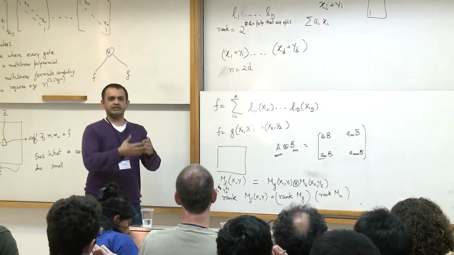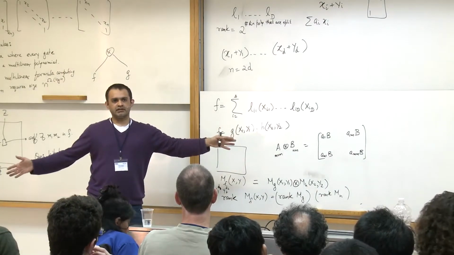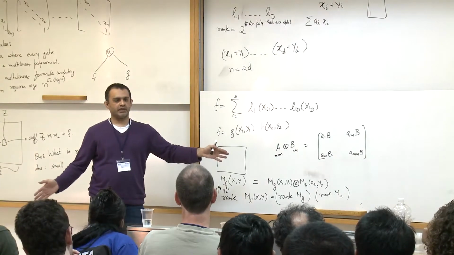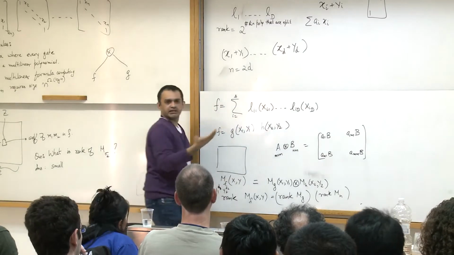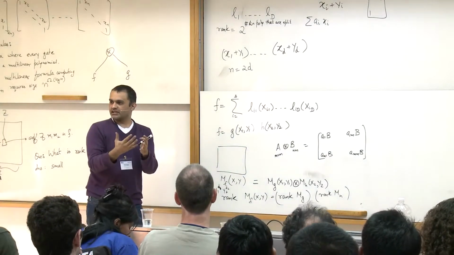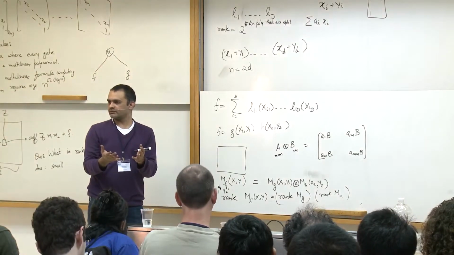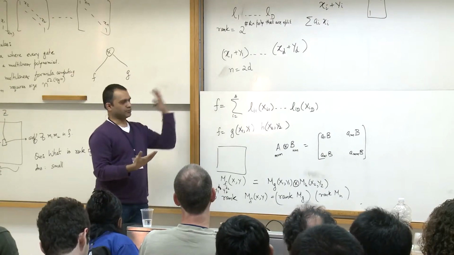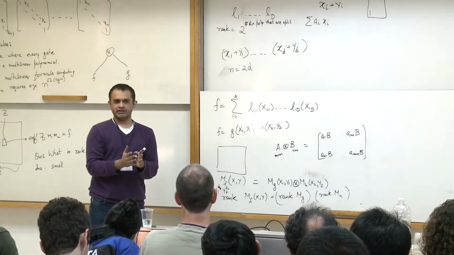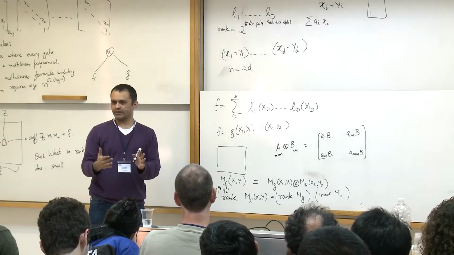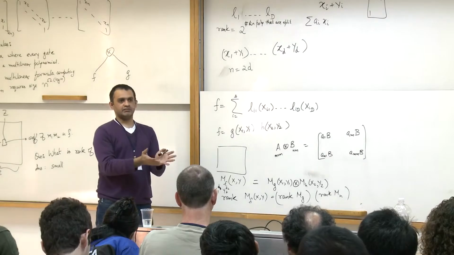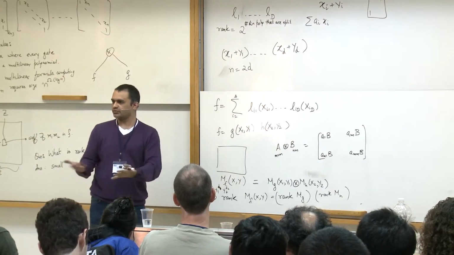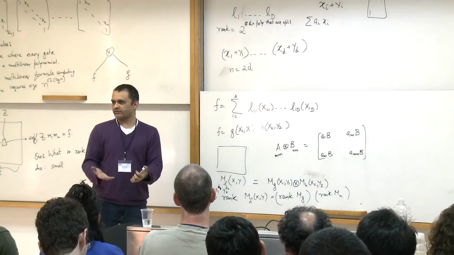Now what can happen if some of these linear polynomials are very large? If one of these linear polynomials depends on something like, let's say, n by 4 variables, then those n by 4 variables cannot occur in the remaining guys. So that is going to severely restrict how many products you can have. Okay, so in some sense it's like a win-win situation. Either you are in a setting where most of these linear polynomials are very small, in which case the trick that I mentioned is just going to work. Or there are some linear polynomials which are really huge, which means that the total degree has to be small, because you're not left with too many guys. You can't have total degree more than that.